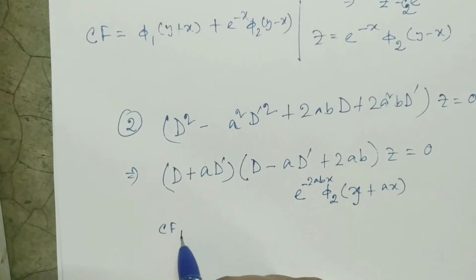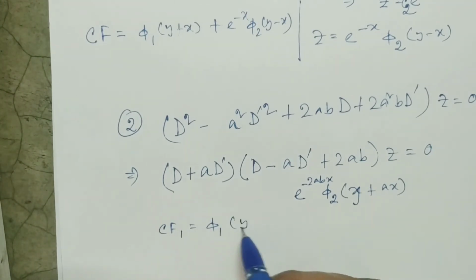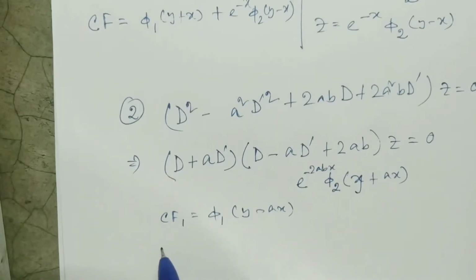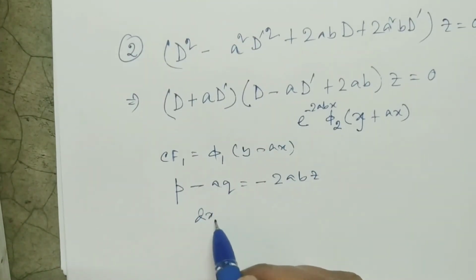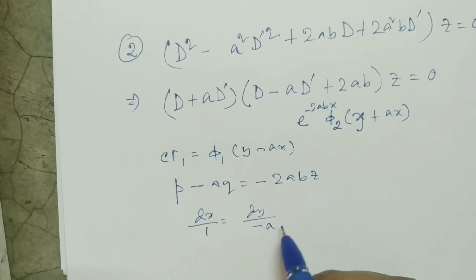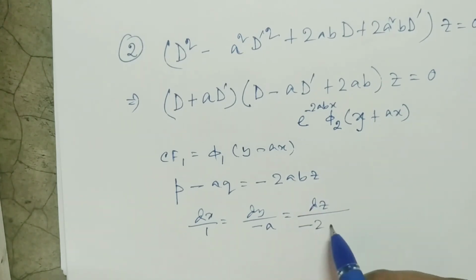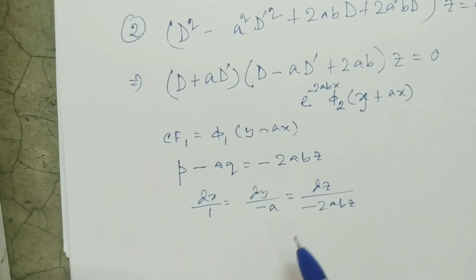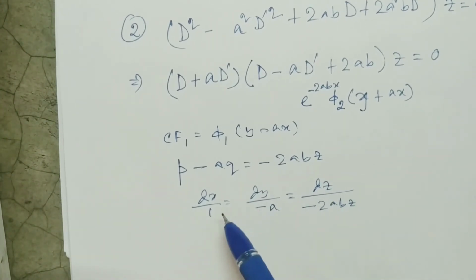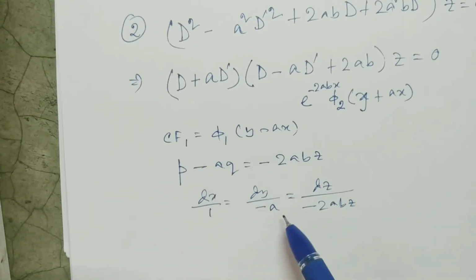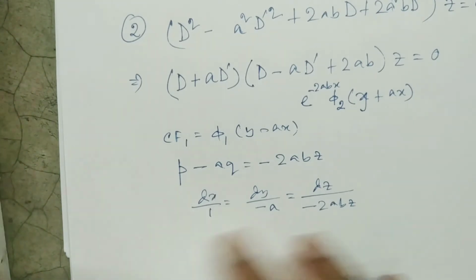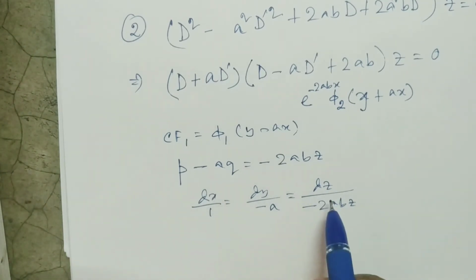So CF1 is phi 1 of y minus ax, and for CF2 we have the equation p minus aq is equal to minus 2abz. So the auxiliaries will be written as dx over 1, dy over minus a, dz over minus 2abz. Okay, so if you want, you can replace not by x's function, you can replace by y's function as well, but for simplicity we are considering the relation with the first and third only, and the first two things they are giving us